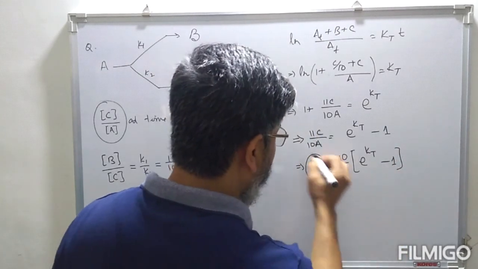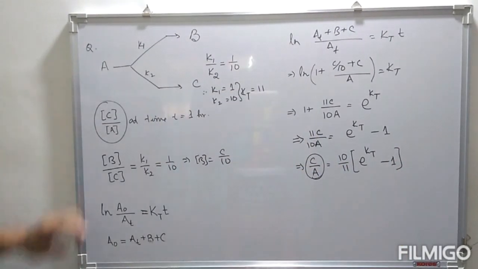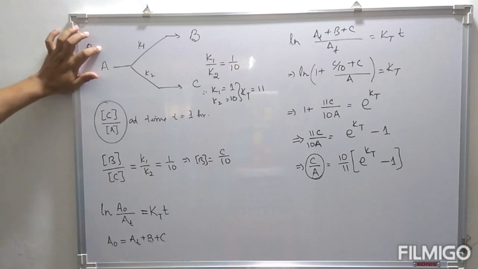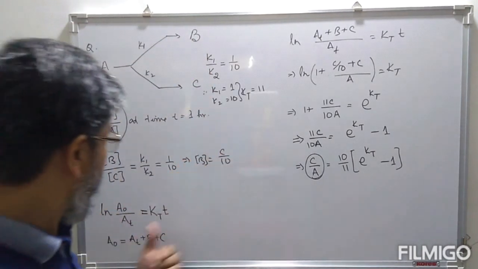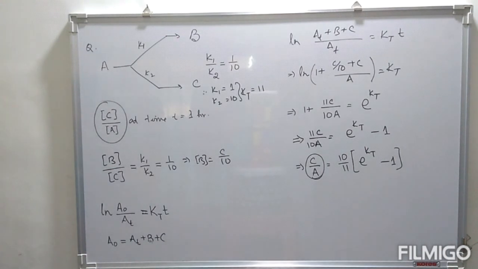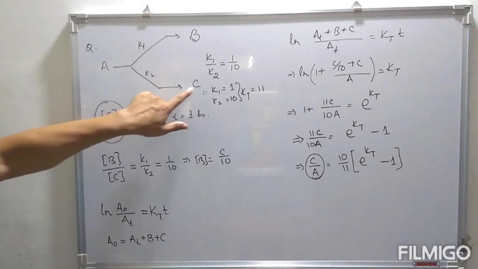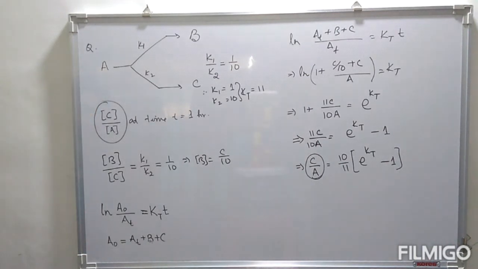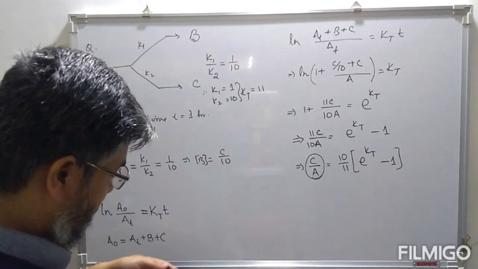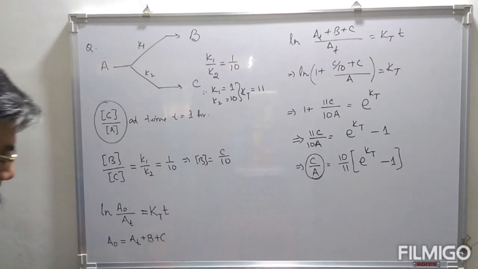So this is the product ratio of C to that of the amount of A left after time t. This is how we use different types of equations here. This is one of the examples in which we have to find the product ratio to that of the reactant left after time t. Now let's modify this equation to find the value of K1 and Kt.